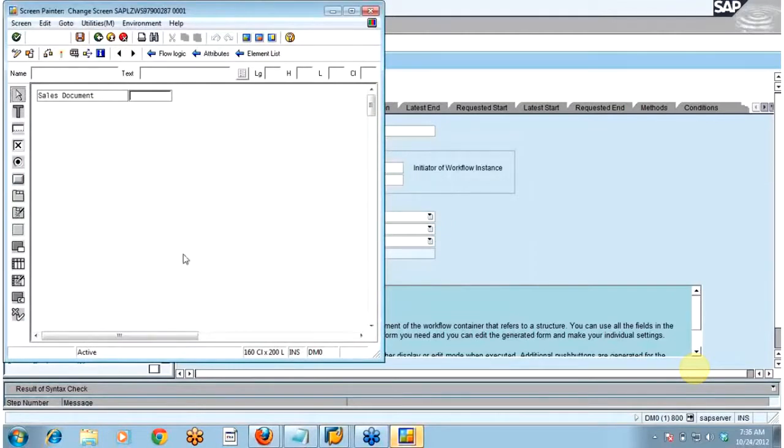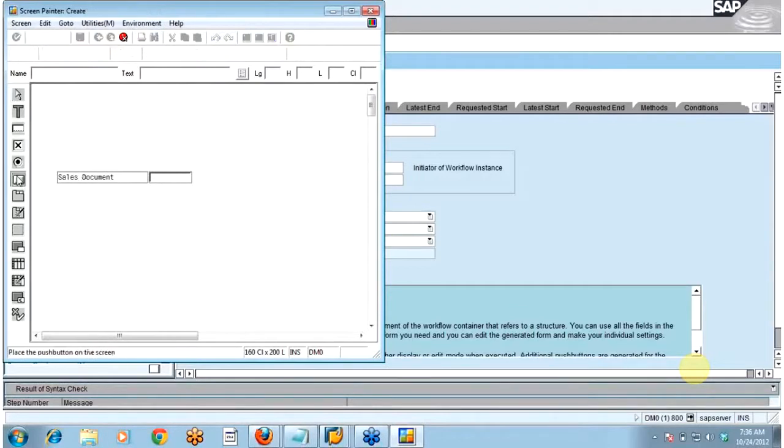So you can see here in the form, the sales document number. How did this appear? Because I have bound it with the structure, and that structure contains only one element, Vbeln, and that structure was referring to the table, and the table was having only one field. If you have more than one field, each field will appear here in this particular form. So now I will create one button called approve.